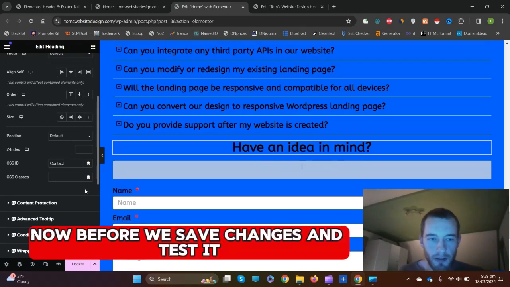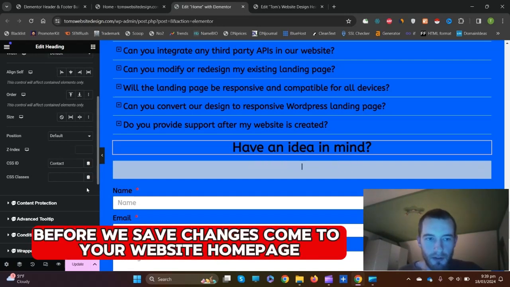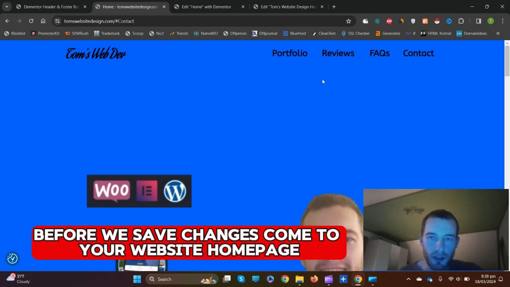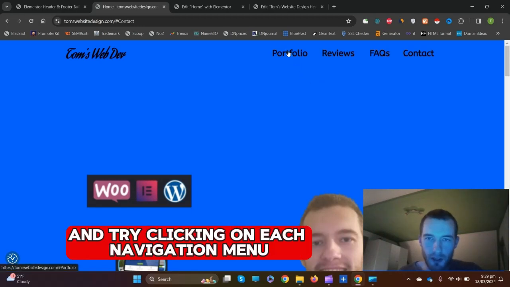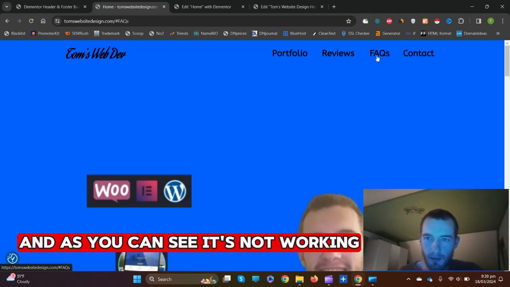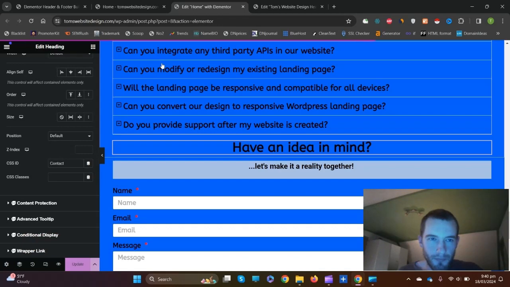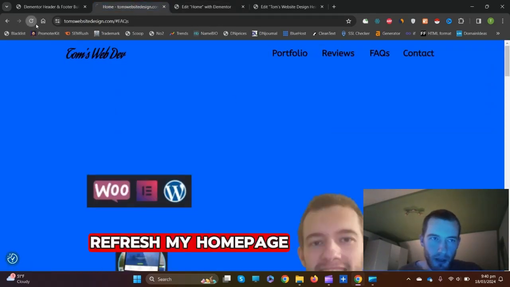Now before we save changes and test it so it works perfectly, I want to show that it's not going to work before we save changes. Come to your website homepage and try clicking on each navigation menu. And as you can see, it's not working. And now I'm going to save changes, refresh my home page,